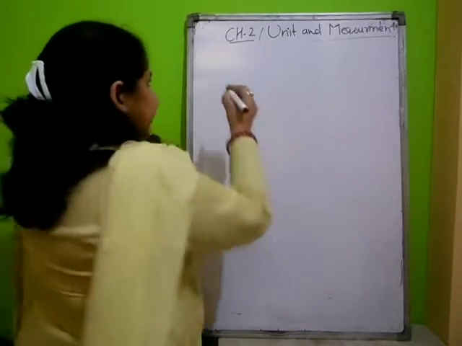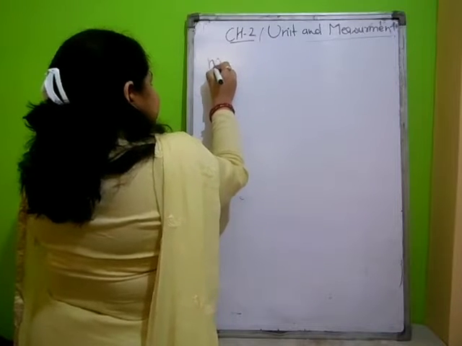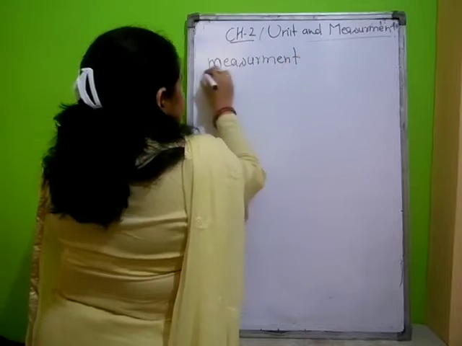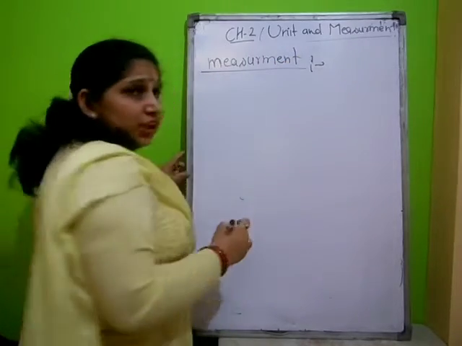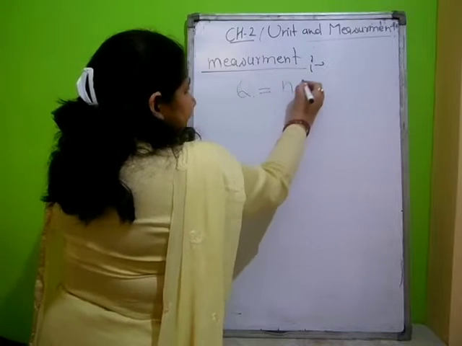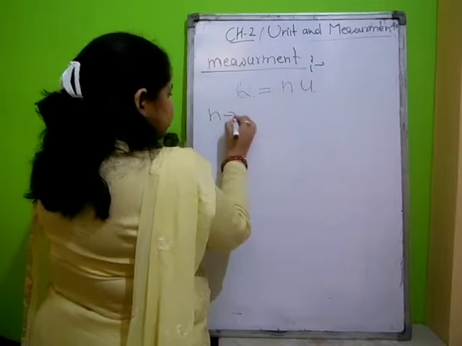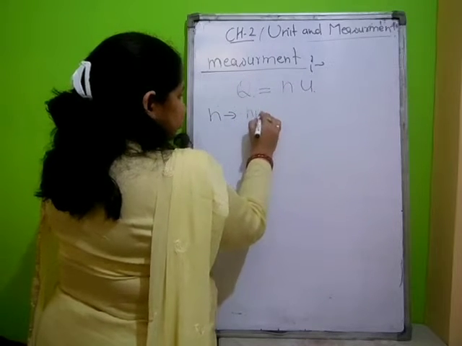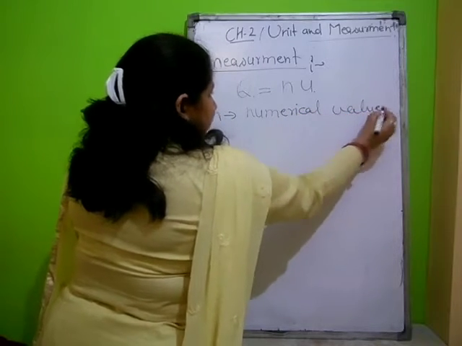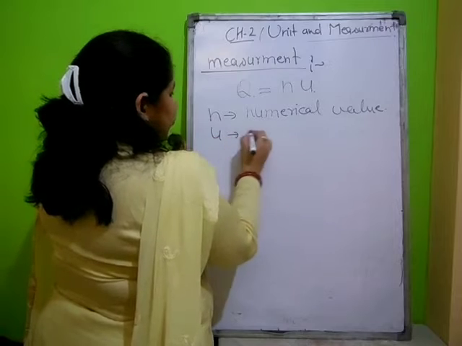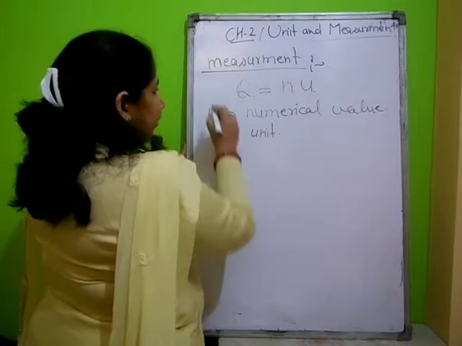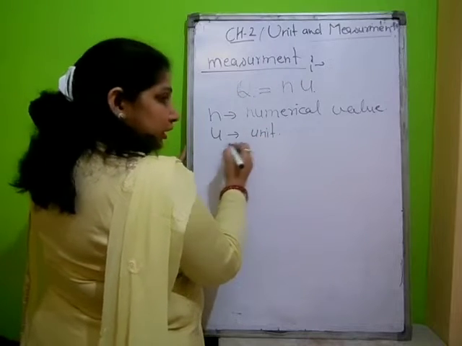Next topic is measurement. Measurement of any physical quantity can be expressed in two terms, N and U. N for numerical value and U for unit. If we change the numerical value of any quantity from one unit to another unit,